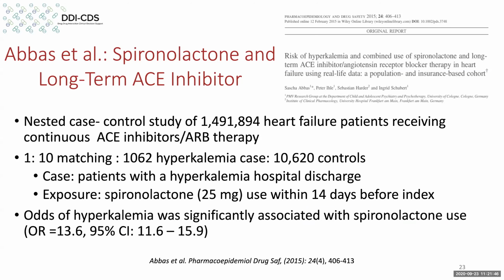A follow-up study came out of a different group, this one out of Germany actually. This is again a very large case control trial looking at patients who were admitted with hyperkalemia, and compared the combination of spironolactone and ACE-ARBs versus ACE-ARB without the spironolactone. And here again, they found an increased odds ratio of risk of about 14. So once again, another study which really shows what they found.